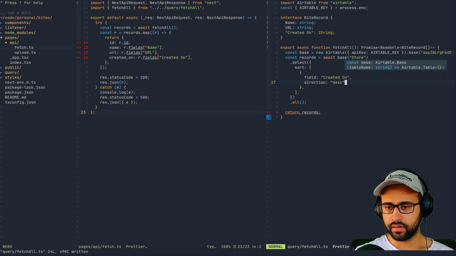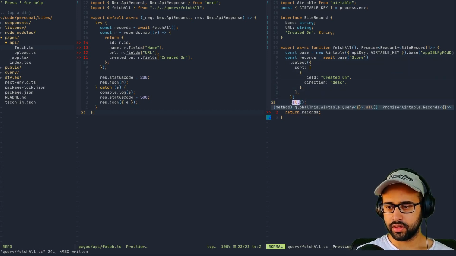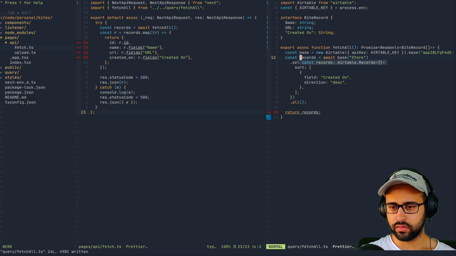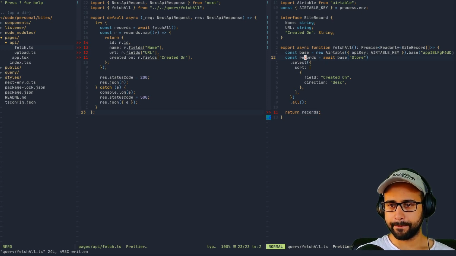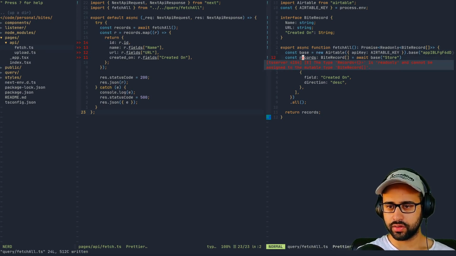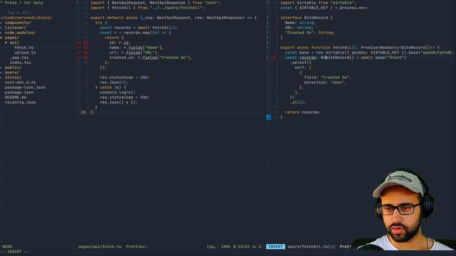This gives me a table. This gives me a promise of your table records, and that is what we are getting here as well, right? On records we are getting, no, how come this is different from, oh, because we are awaiting it, right? Okay, so we could probably type it out here in that case. Not that like the typing above shouldn't have worked, yeah, the same error would come up here. Yeah, we can make it read only, but then I'm not sure if it would work.